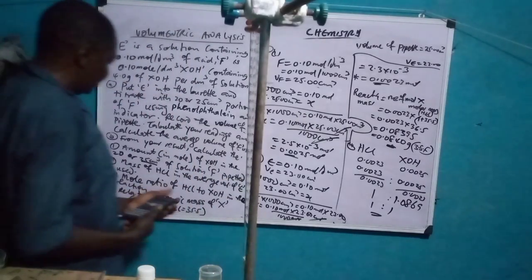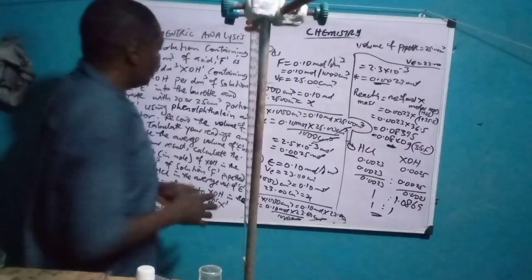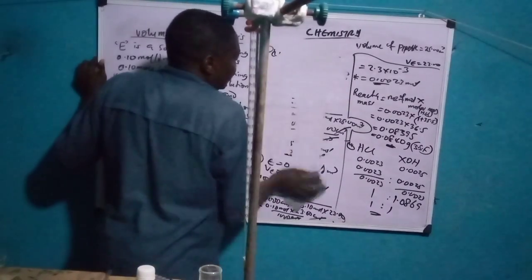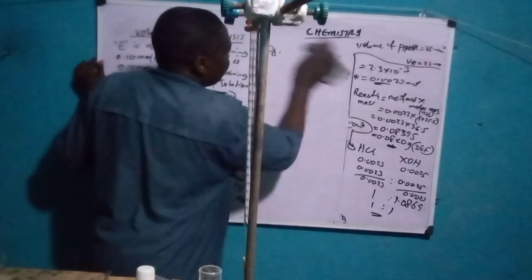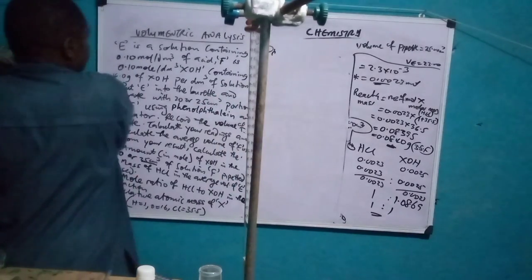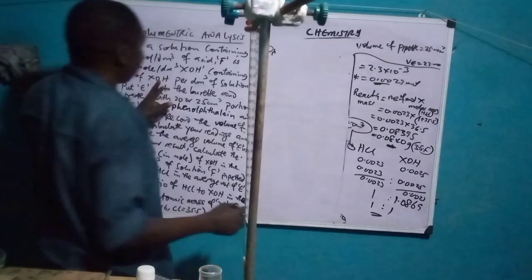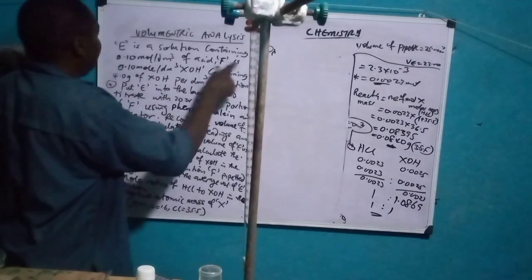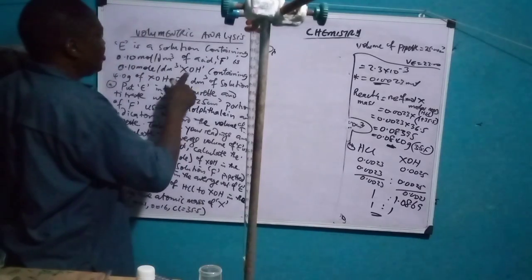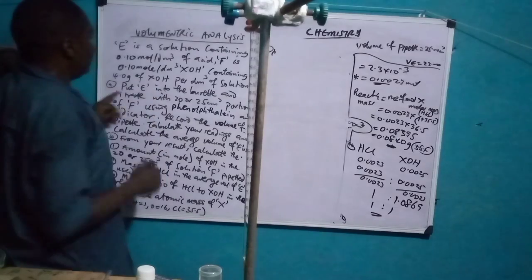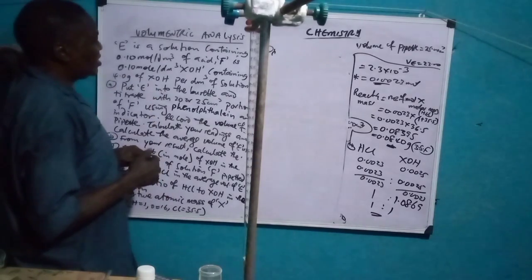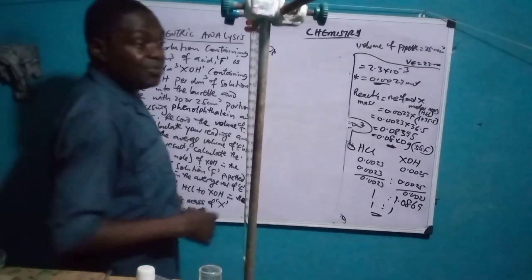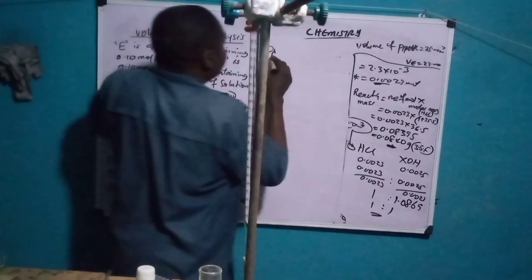Last one, the relative atomic mass of S. So let's clean this side to calculate the relative atomic mass of S in X. Remember, S is a part of SOH. And they said F is 0.1 mole per dm cube SOH containing 4 gram. 4 gram is the reacting mass. This is the molar mass. To calculate relative atomic mass from relative molecular mass, we say molecular mass